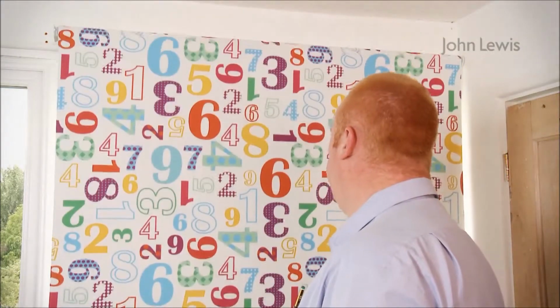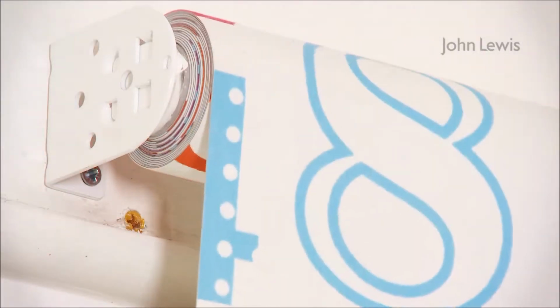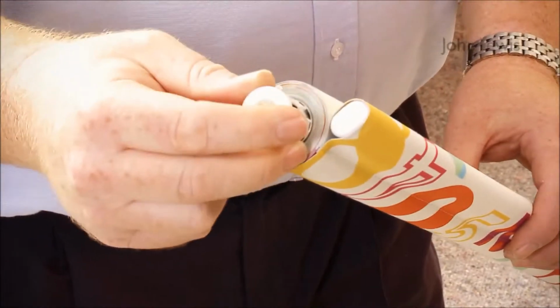designed for them come with a child-friendly spring mechanism. It means the blind doesn't need a chain to operate, so removing the hazard. Full fitting instructions come with every blind, but we thought you might like to see how it's done step by step. To fix the spring mechanism, it needs to be inserted into the tube on the right-hand side of the